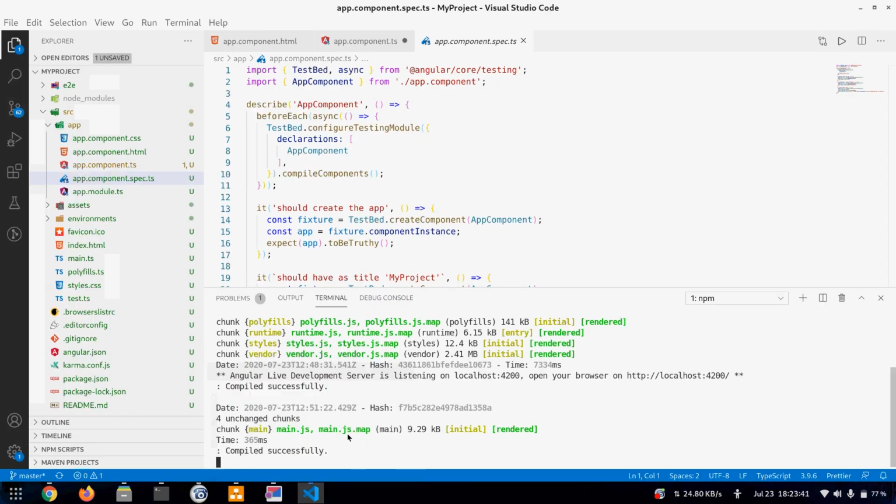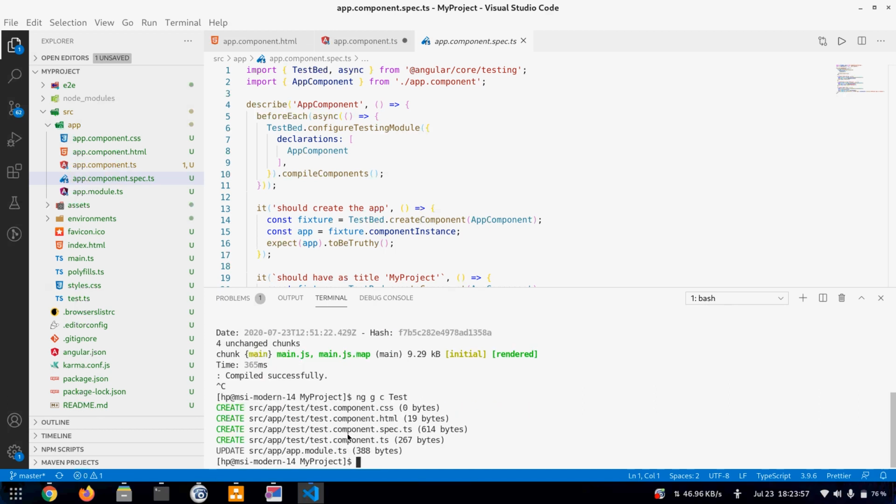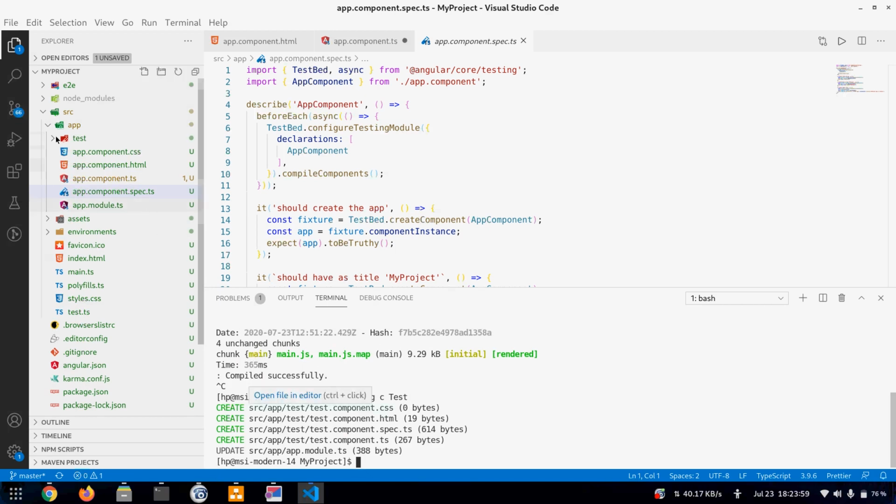Let me show you how to create a component. ng g c and then any name that we want to give, like test. It creates a component named test.